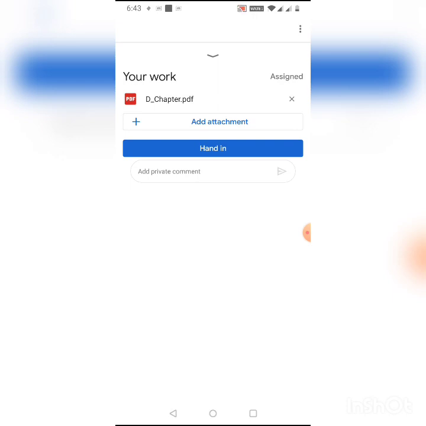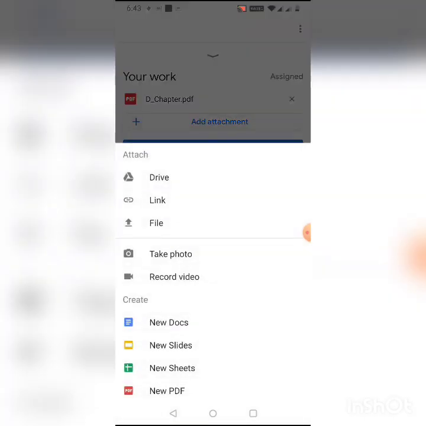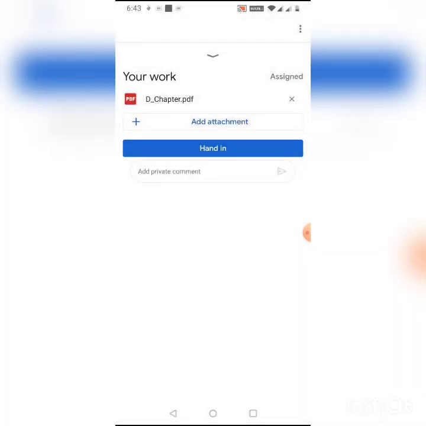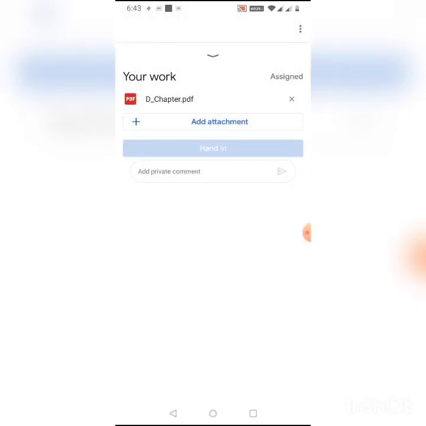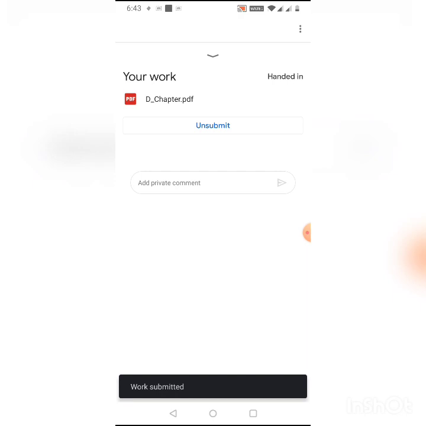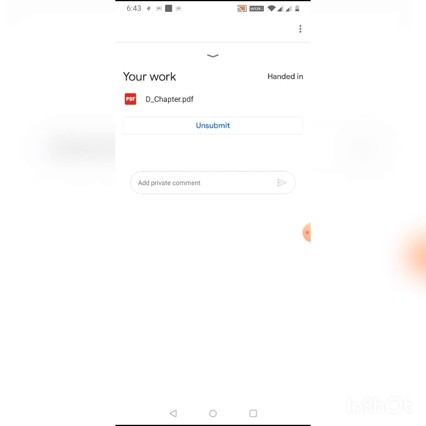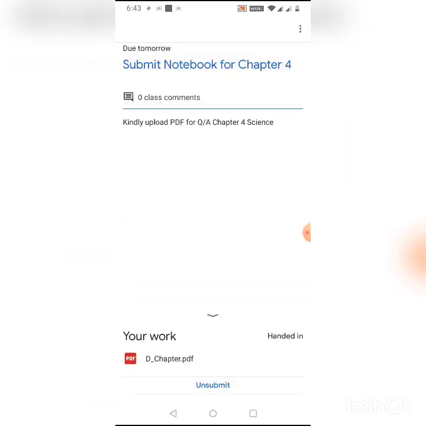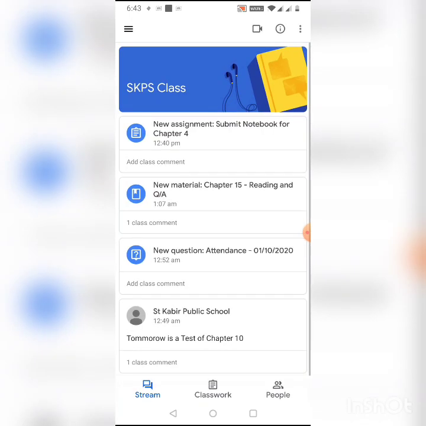Now you can upload multiple PDFs or multiple images. As you can see that this add attachment button, herein you can add even more files. So if I press on file or I take a photograph, that can be done. So right now we'll hand in this. Hand in means to submit this document. Confirm. Yeah. So unsubmit is also a feature, but initially don't unsubmit your documents. Alright. So I hope this assignment portion is clear.